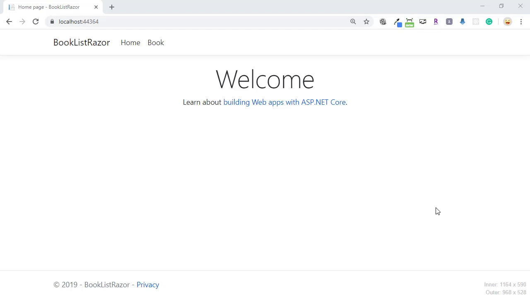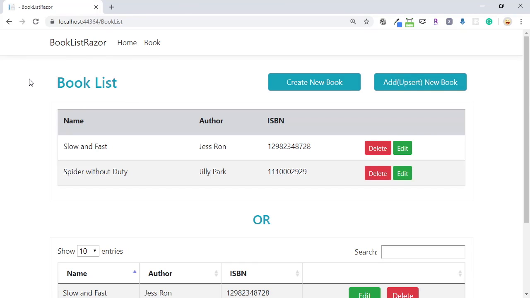In this course, we'll be building two projects. First will be a simple Razor project, and second one will be our main project, which will use MVC. So let me demo the first project that we'll be building. It's a simple BookList Razor project in which if you select the book tab, it will display list of all